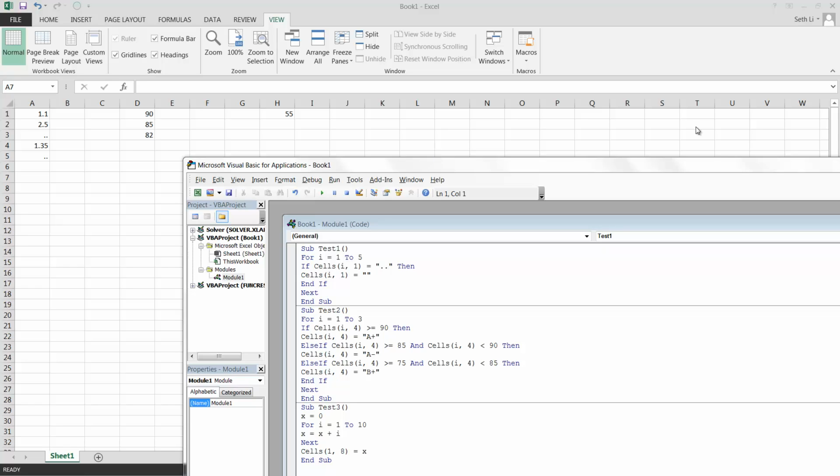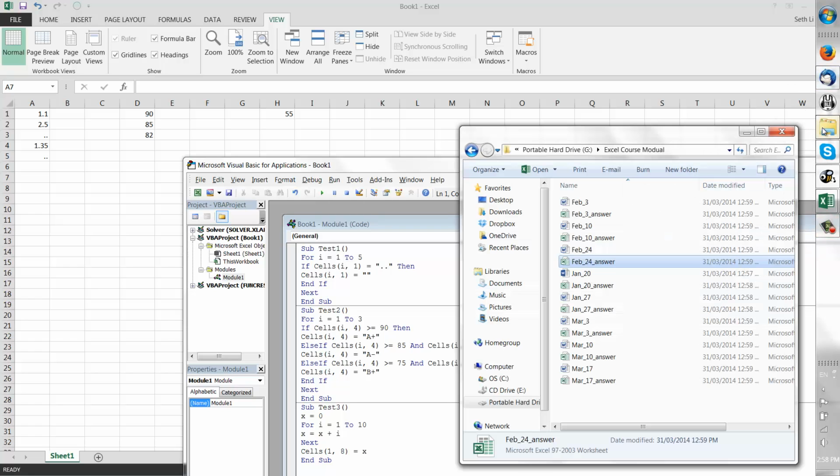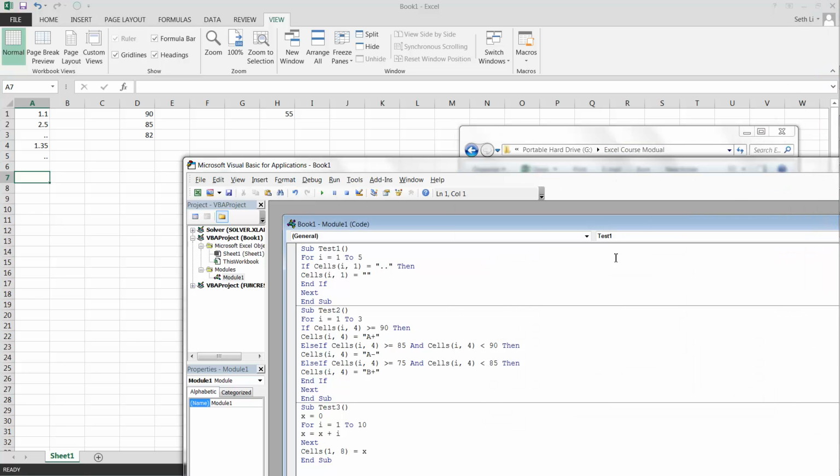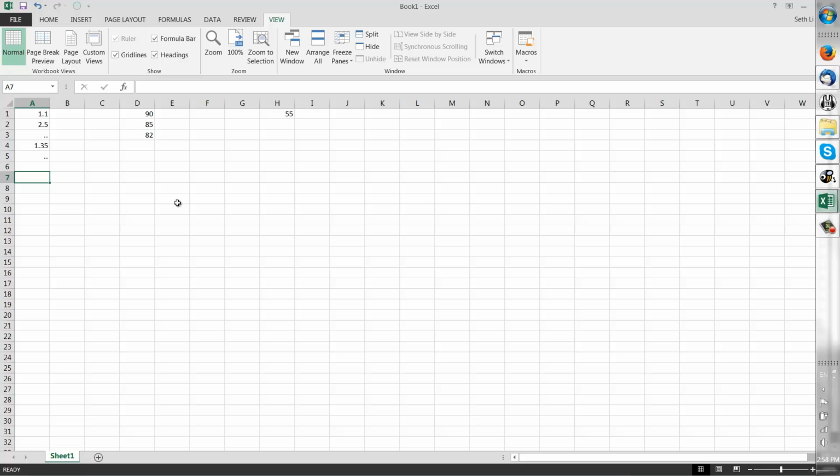Hi guys, so this is a tutorial for February 24th, I believe. Yep, February 24th. Okay. So basically what they want you to do is to make a macro, which is basically